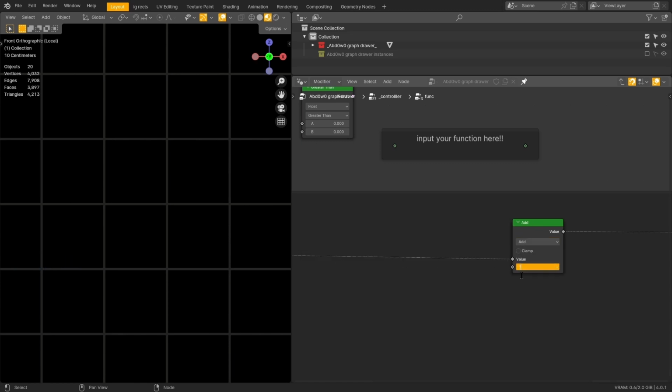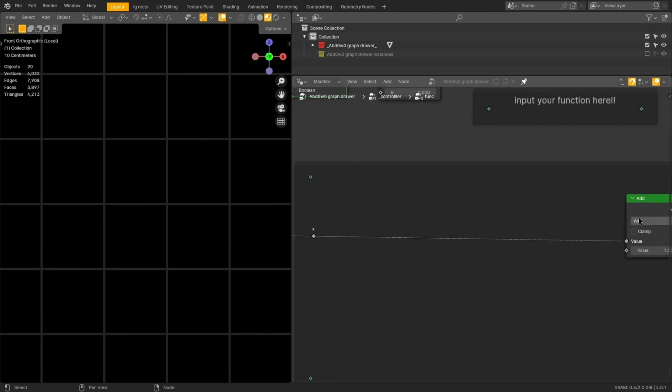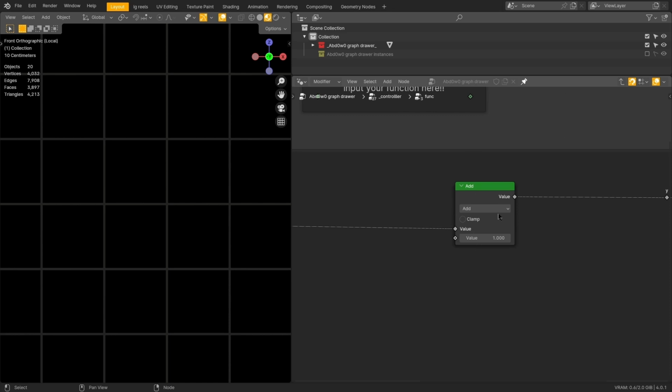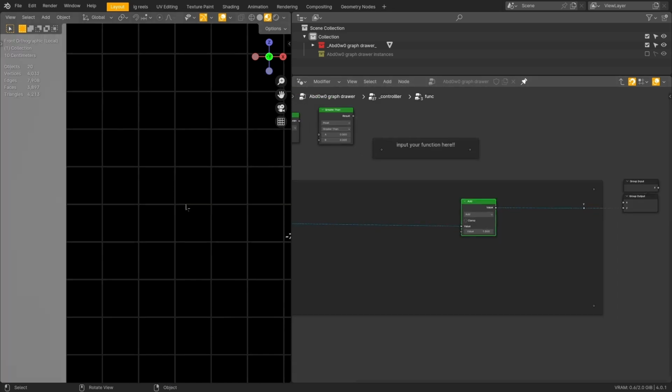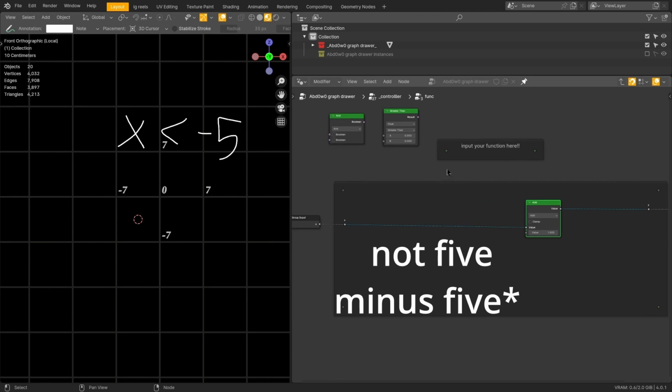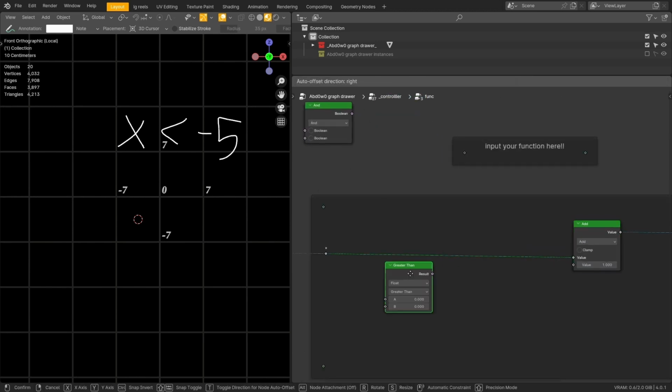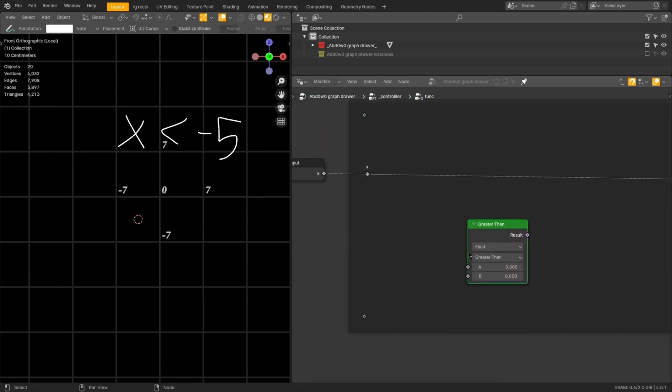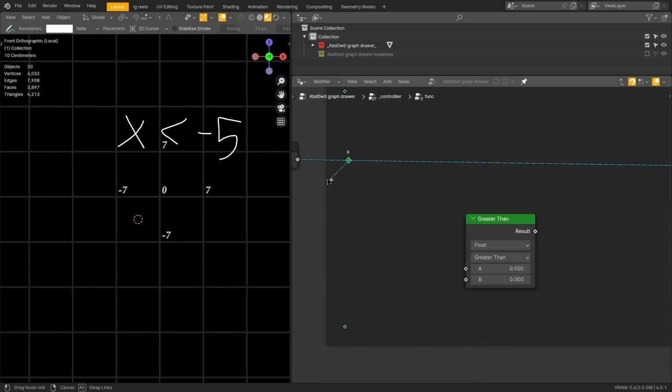So let's say that I want x plus 1. That's x, then we added 1. It's x plus 1. When the function, when x is less than 5, maybe. So we have this. Let's drop it in here, then from here we can drag the x value. The compare node is going to compare whether